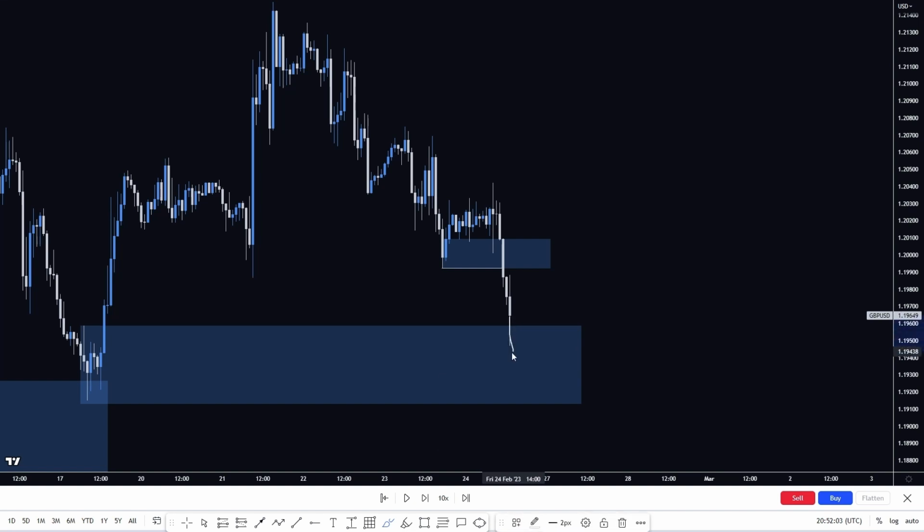Price could come down and we may see some kind of reaction. We could then come down, see some kind of reaction, and it will create a clear double bottom, and that again will give us an indication that price is moving to the upside. So these are the different ways in which you can test the reactions of the higher time frame levels